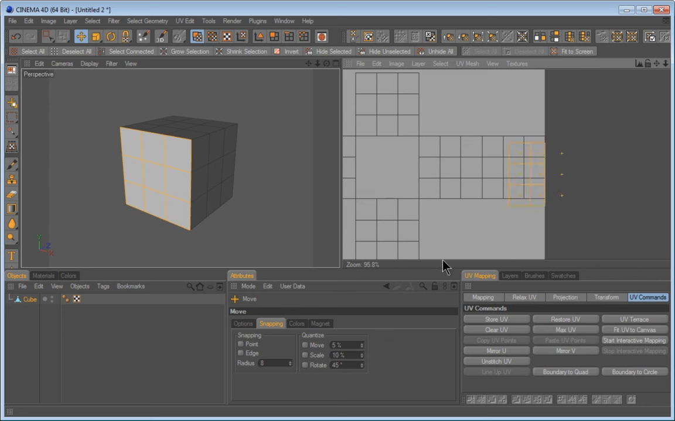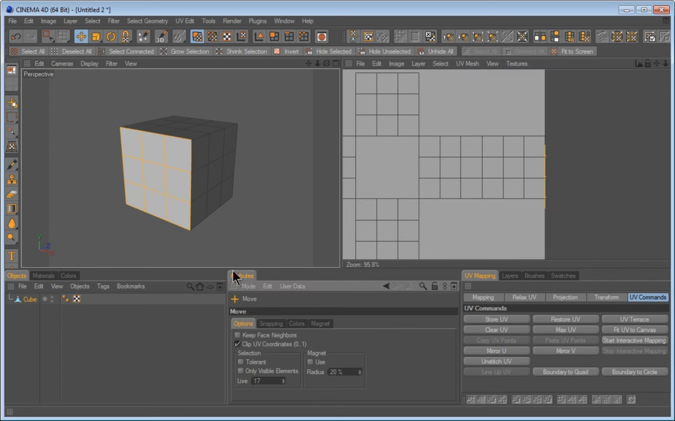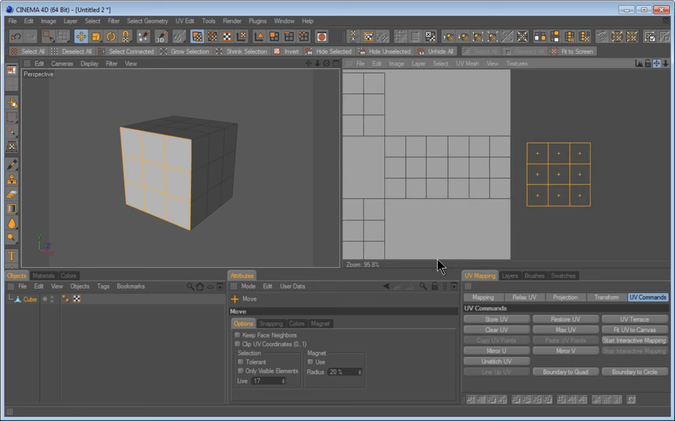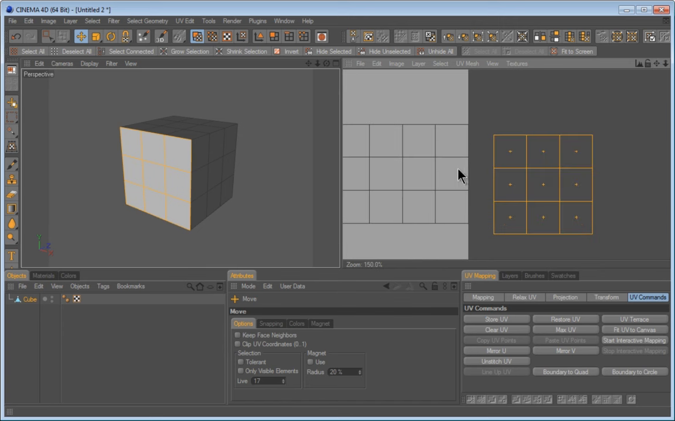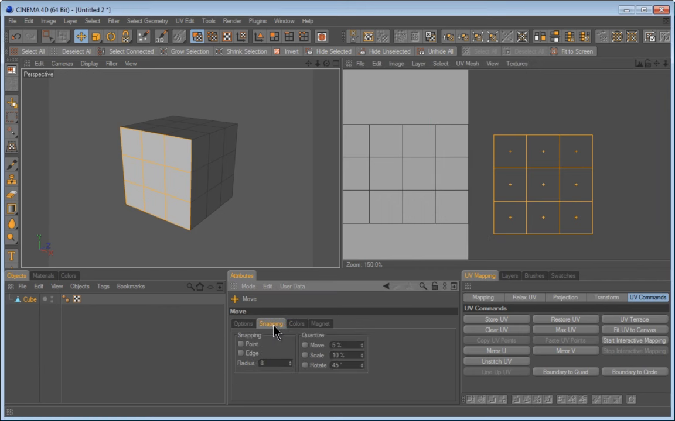So I'm just going to click and drag them over here, but I've got that clip UV coordinates option on, so I'll just undo, turn that off, so drag them over here, and I want to get these guys butted up against these ones here, and I want to do it precisely, so I've got to put on that snapping option. So I'll put it into point snapping, okay,